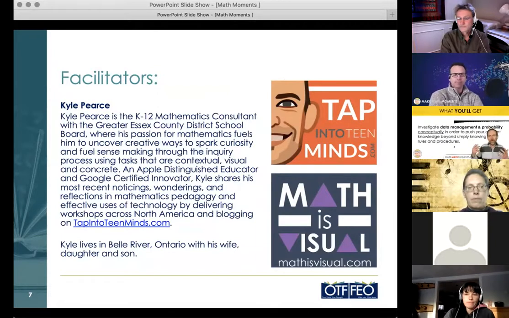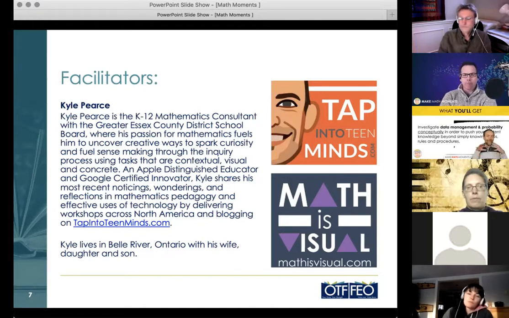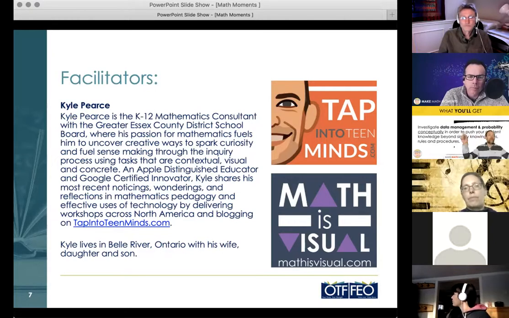Sure. But when we talk about investigating data management and probability, not only can we look at it conceptually, but I also want you to think about how you can use data management as potentially one of those areas that you can elicit other big ideas and bring into it. It's almost like using this strand as a means to explore some of the other strands, and give you an excuse to re-explore it. So that's going to be one of the things we're going to try to emerge here.